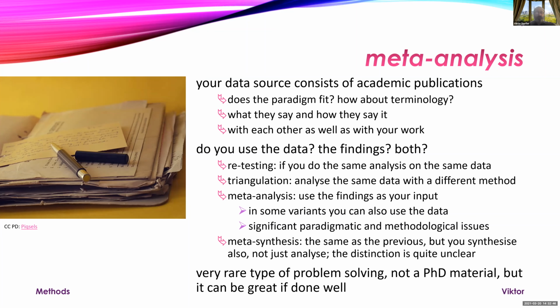Then you have something that we have done previously, and I also got you a paper on that. It is called meta-analysis. That is when you use the findings of other papers as input to your paper. This is the most tricky one in terms of paradigmatic and methodological issues. So you need to figure out all the compatibility stuff from all those things that you are looking at. What we were doing was actually a little bit easier